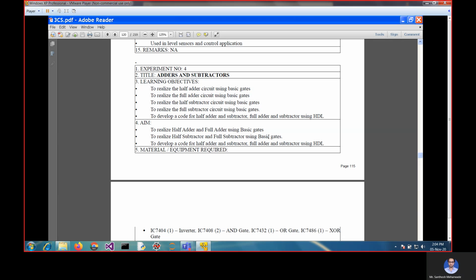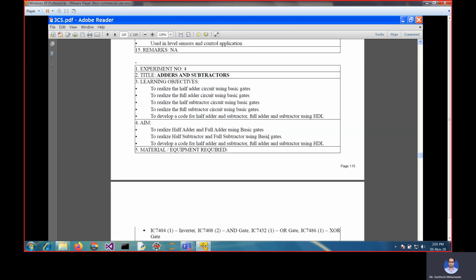In the previous sessions we have gone through various analog experiments. The first experiment was an astable multivibrator using a 555 timer. We have seen both its hardware as well as the simulation part. Then the second experiment was a relaxation oscillator using a µA741 IC, and both its simulation and hardware part we have observed.